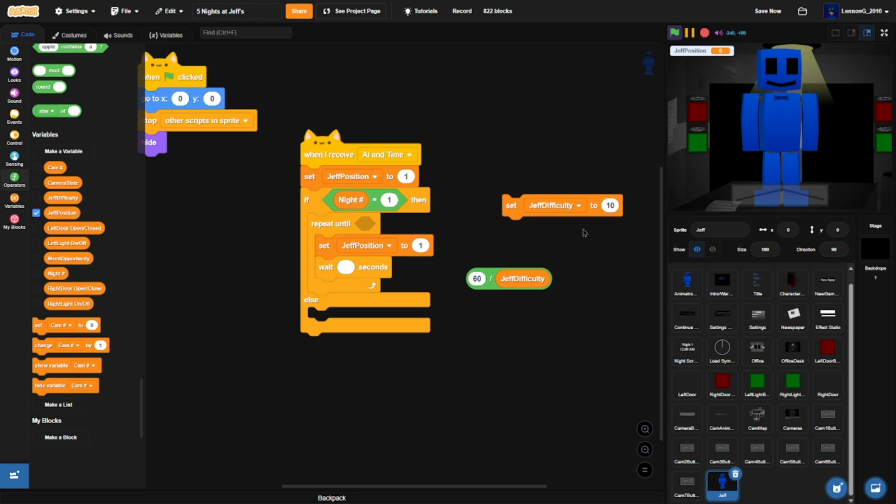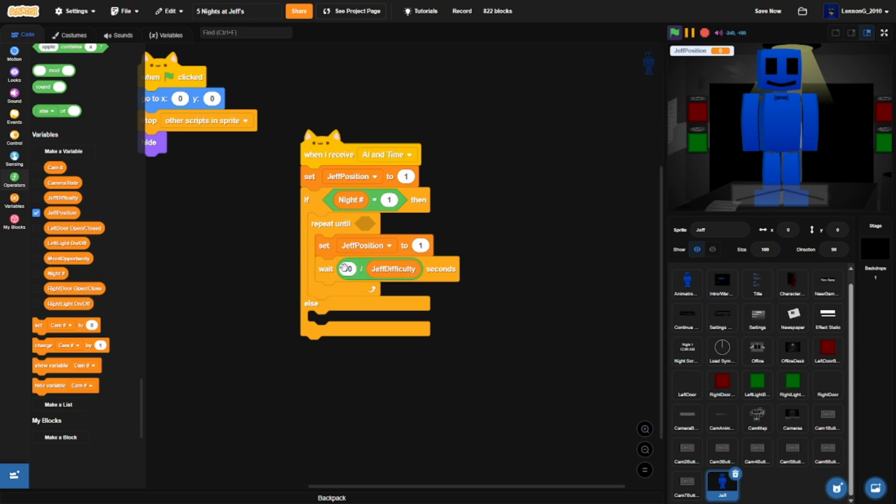Let's say he's 10. He's going to wait 6 seconds before having a movement opportunity. 15, he's going to wait 4 seconds. 20 is going to wait 3 seconds. 3, he's going to wait 20 seconds. And if he's set to 0 or turned off, he's going to wait infinity seconds, which means he will never be able to move. So we're going to plug this in here, wait 60 divided by,